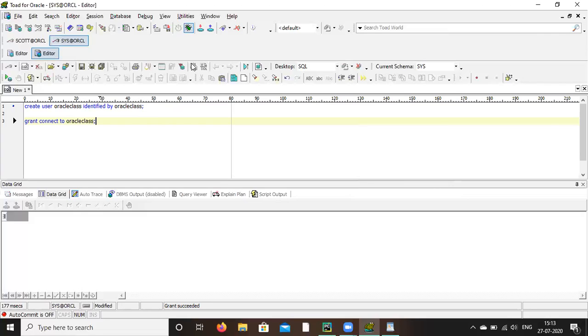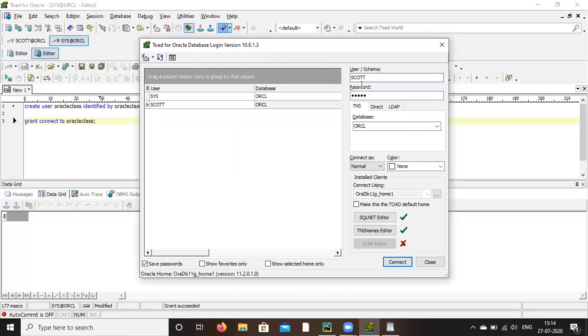Now go and again connect. Let's see. Now the grant has been given to this user to connect. Let's see what is happening. Perfect. So it is connecting.